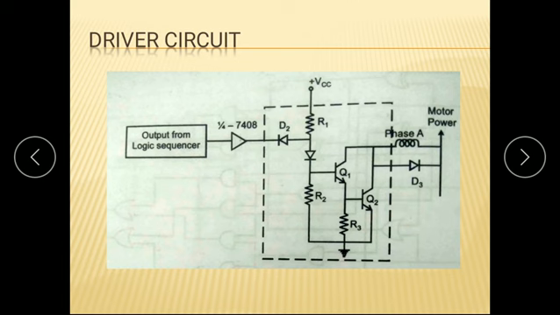What does this Darlington pair do? It multiplies by using the current gain. It has double the current gain of the normal amplifier. So it will increase the current which is given as an input, it will increase the current gain of the input, and it is given to the phase winding. That level of excitation is necessary to excite the particular phase.